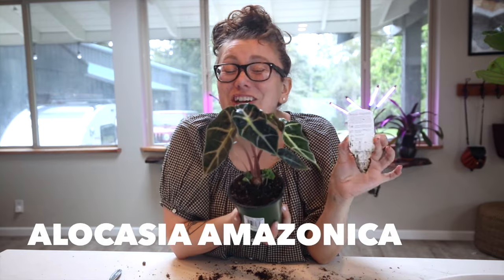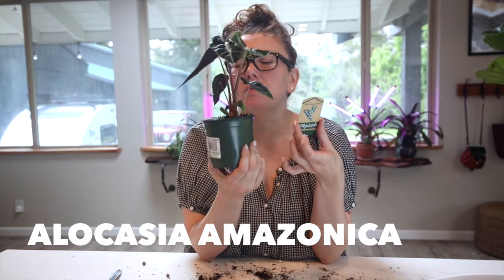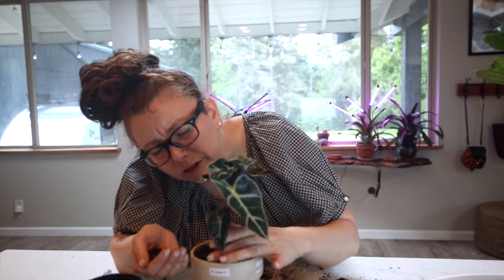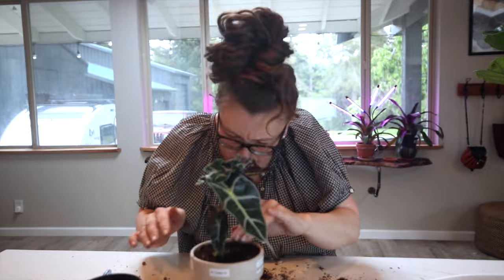Alexa, stop. Alocasia amazonica. Fertilized bi-monthly, my goodness. Soil sucker. Maybe that's how your predecessor,